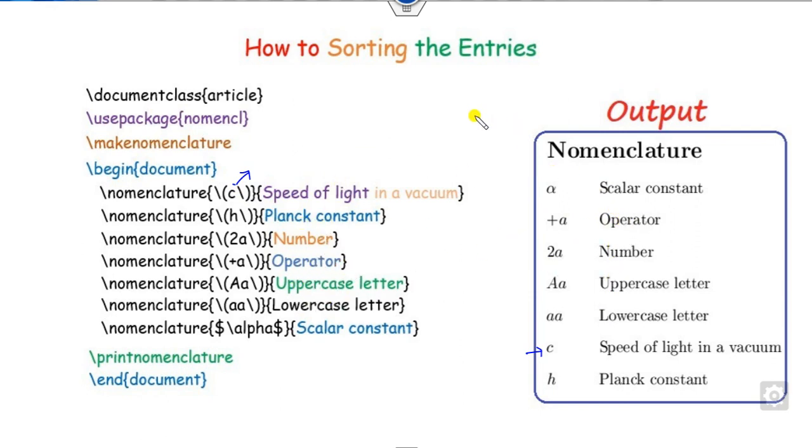Firstly, the entries are arranged alphabetically, provided there are no Greek symbols. If the same letters are there, the first preference will always be given to the uppercase. So capital A and small a will be written first, followed by the other small a. And since alpha is a mathematical symbol, written in the form of dollars, it will appear as the first one. Since no other symbols are there, that's why this appears first.